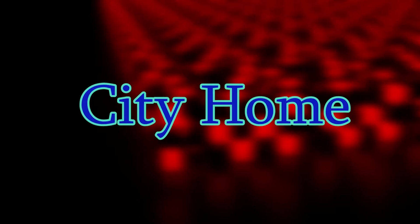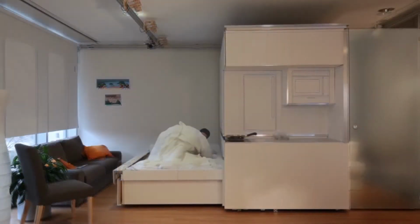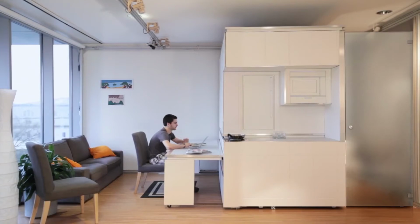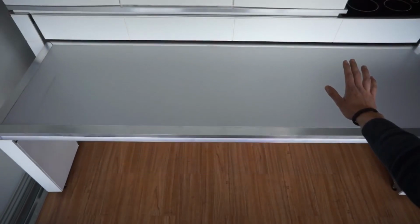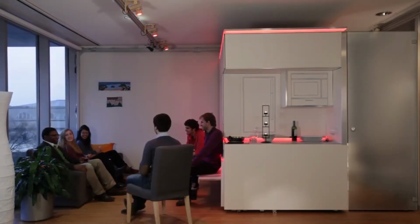City Home. Adding innovation and revolutionizing small urban home spaces, the City Home is perfect for tiny apartments and small homes. This mechanical box is just the size of a closet, with compartments that respond to touch and gestures, and is voice-activated. The wall system can transform itself with its integrated furniture, exercise equipment, storage space, lighting, office equipment, and entertainment systems,